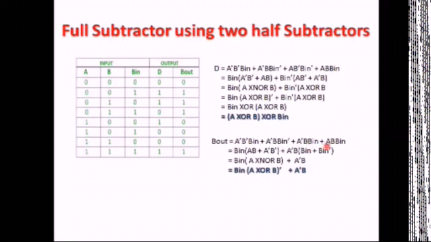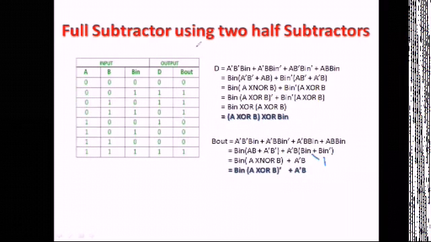Next is A B in. So from here, if we are taking B in as common, from here and here, these two expressions, we are getting AB plus A bar B bar. Next, from these two expressions we are taking A bar B as common. So from here we can write it is B in plus B in bar. So B in plus B in bar is nothing but equal to 1.